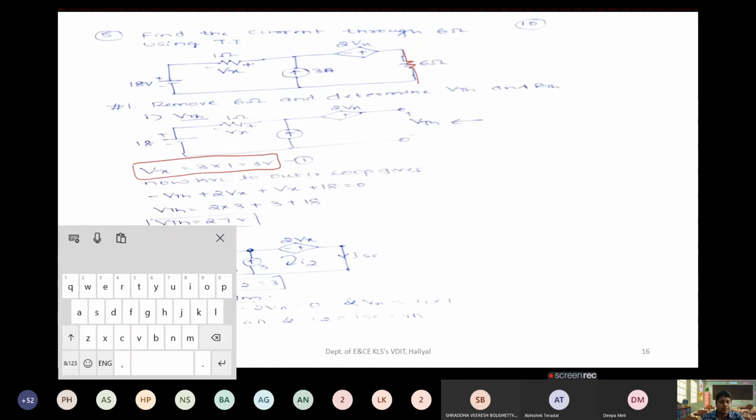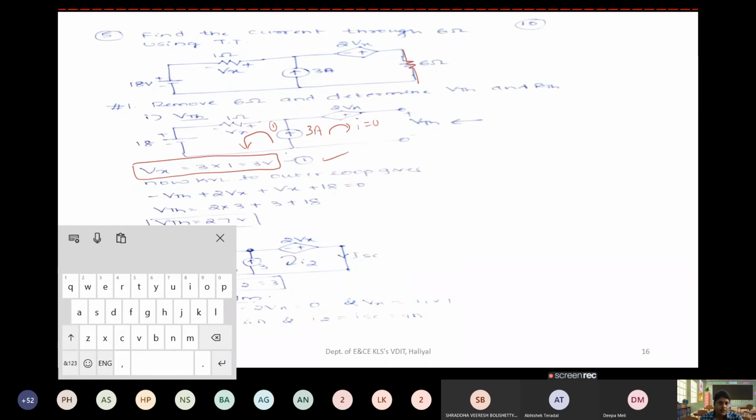So if you check this current, once you make this open, we can say that this 3 ampere current will flow in this direction, that is in loop 1 only. So here no current will be there, the current will be 0 because of the open circuit. Okay, so this current is flowing here. What is the magnitude of the current? It is 3, and 3 into 1 will be the voltage. Yes, is it clear now? Yes, sir.